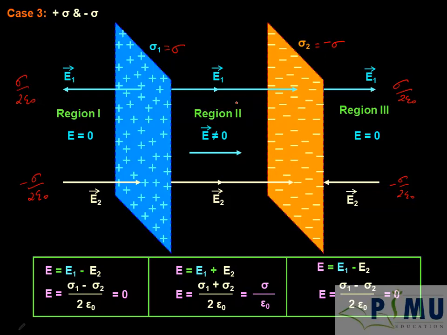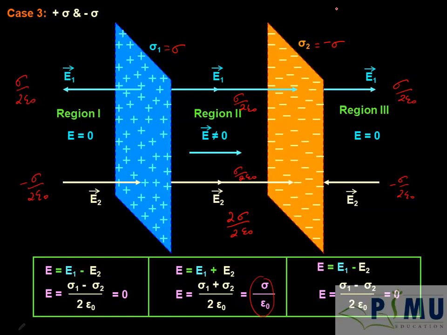And in the region between these two sheets, you can see it will be sigma by 2 epsilon naught and sigma by 2 epsilon naught. Both are in the same direction. So it will be getting added. Sigma plus sigma by 2 epsilon naught. So it will be 2 sigma by 2 epsilon naught. 2 sigma by 2 epsilon naught will be equal to sigma by epsilon naught. That means